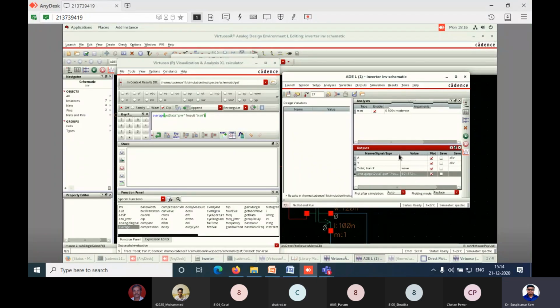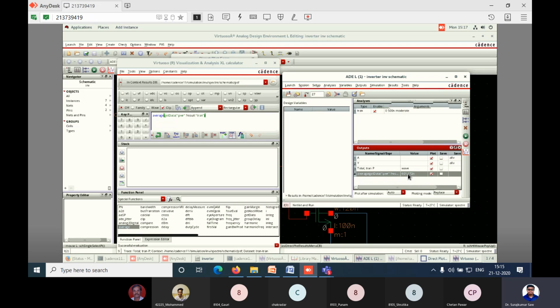You can go to the ADE window. Just close the transient. Whatever output has been plotted, just close it. Go to the ADE window. You just want to see whether the value is plotted or not. See, the value is plotted here, something like 601. All of you go to the ADE window. Yes, sir. The value is showing, 601.1. Okay, very good. Everybody, the value is showing.